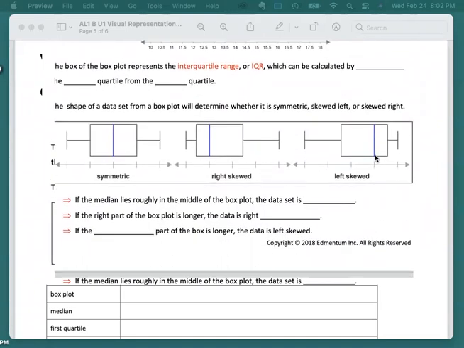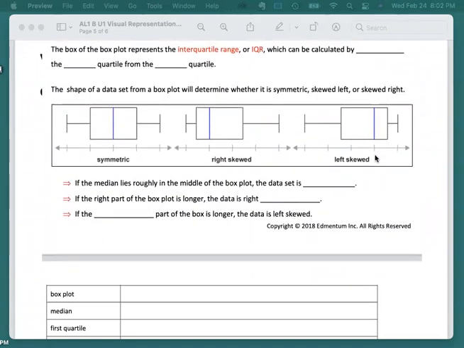And just like the histograms, you can also see if something is symmetric. Is it even on both sides? Like this one, it's symmetric, it's even on both sides. Here it is right skewed because more of the data is on the left, and this one is left skewed because more of the data is on the right. I know that's kind of backwards, but